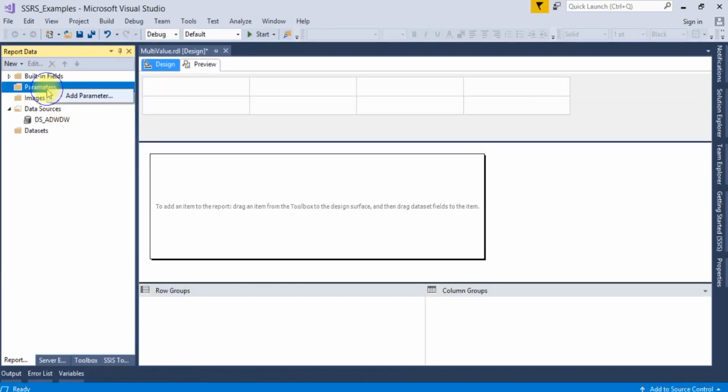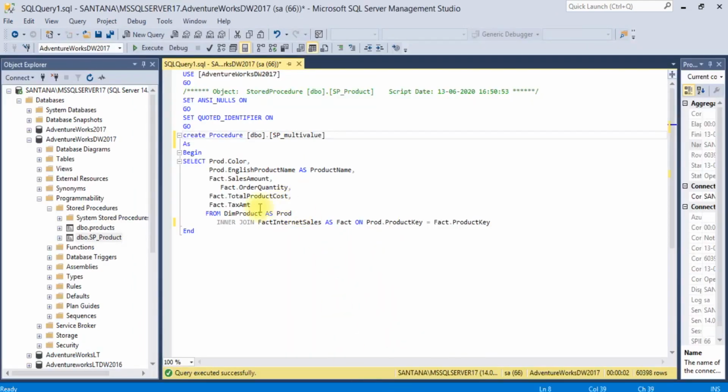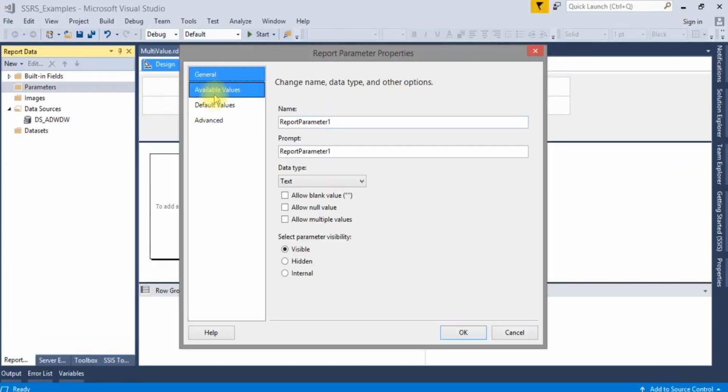Multi-value means, if you see this query, I am going to filter based on color value. So this color parameter should be in the SSRS report. Let me write it down, color. It will be prompted as a color, and here I'll pass it as a multi-value parameter.